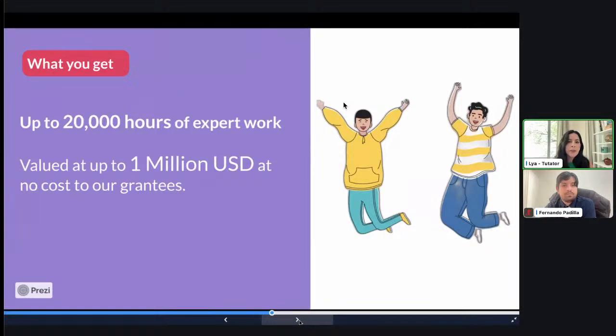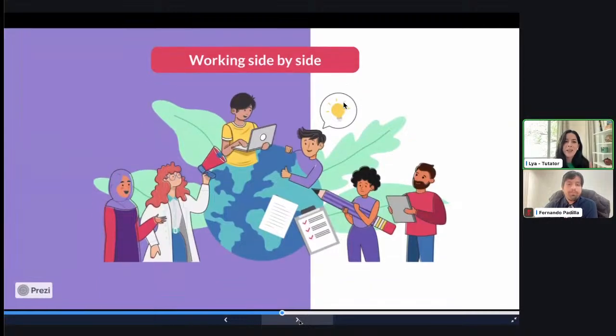So the type of solutions we develop are not small. They actually demand thousands of hours of expert work and are valued between hundreds of thousands and up to $1 million. But the good news is that if your organization is selected, the development is fully covered through our in-kind donation. That said, the success of each project really depends on a strong collaboration,